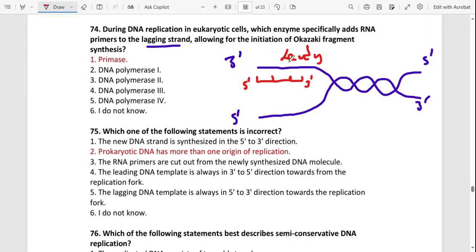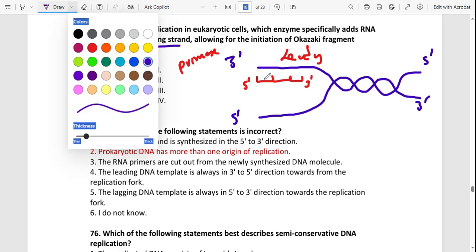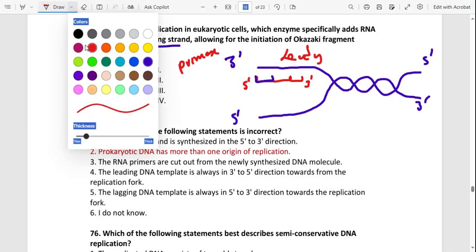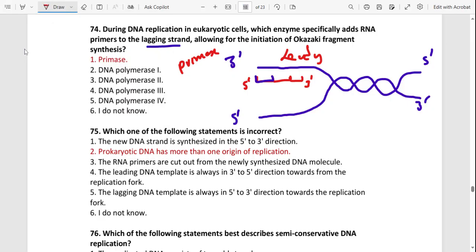The first thing that happens is that primase is going to lay down one primer. A primer is a nucleotide. It will lay down only one. And then DNA polymerase will continue forming other phosphodiester bonds, connecting other nucleotides. But for the strand running from 5 prime to 3 prime, we call this the lagging